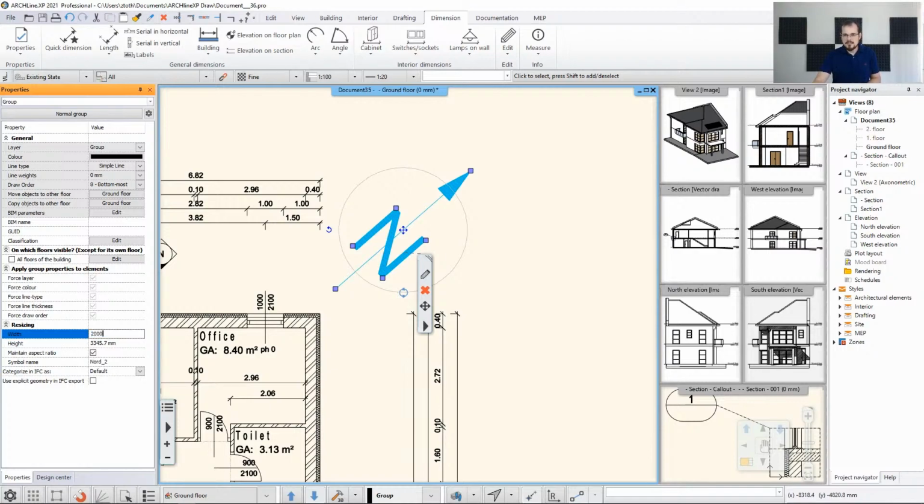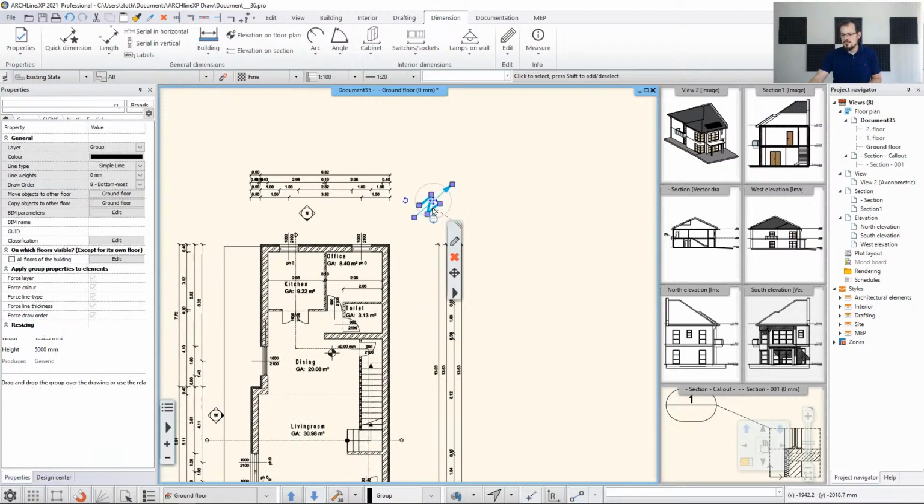Let's make it into 2 meters, like so. I think this is a bit more manageable now. So if you want to change the sizes, again, two places to go to. One is before you place the item, the other is after you have placed it. Now that's all about groups, and now, well, there's one other group I want to talk about, and that is